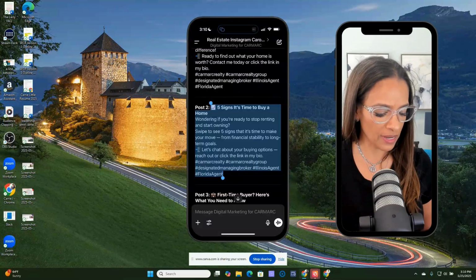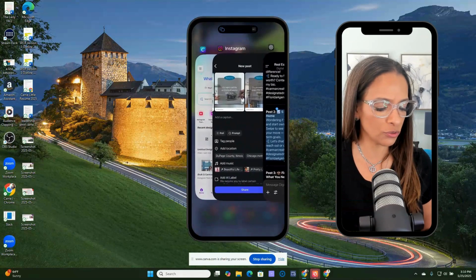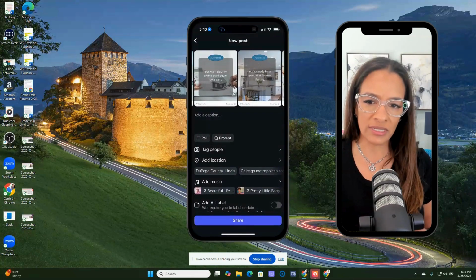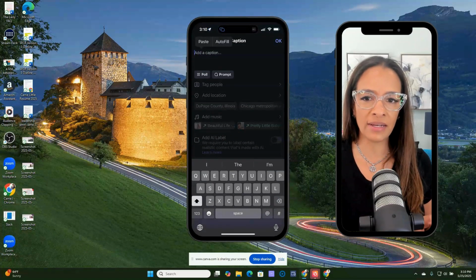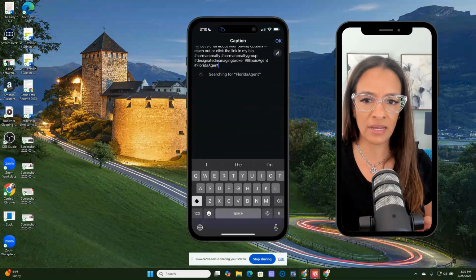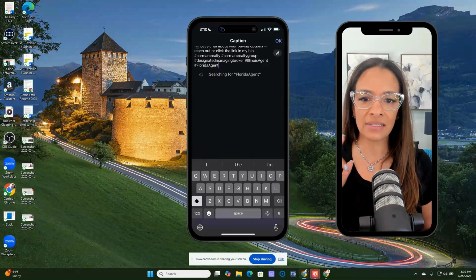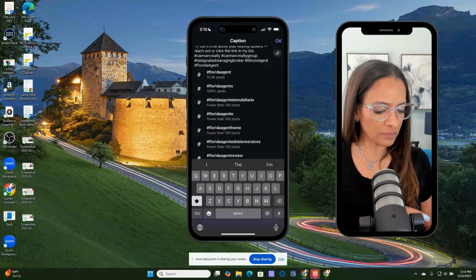We'll click copy. And then when we go back over to Instagram, where it says add caption, we're going to click once and then tap again, and then you'll have the ability to paste. And it is that simple. Once you're done,